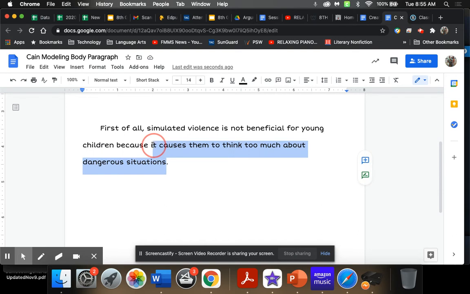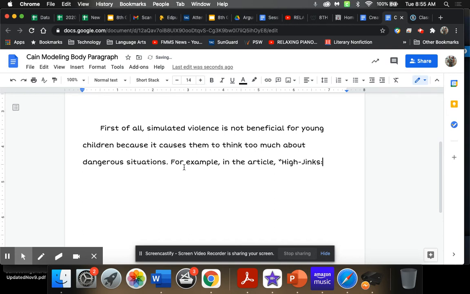Here's my A. So then my C comes next. All right. So this is where I'm going to cite my evidence. For example, in the article, Jinx Shootout by Guy Martin, it states